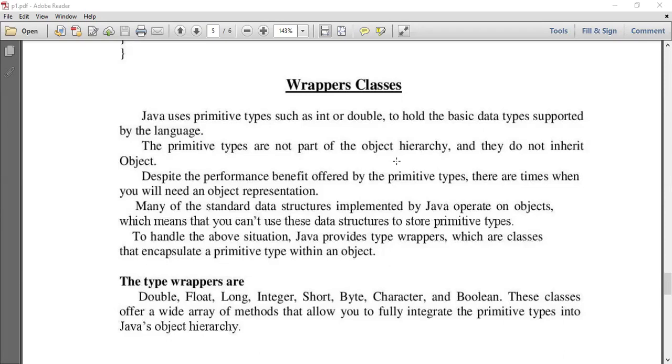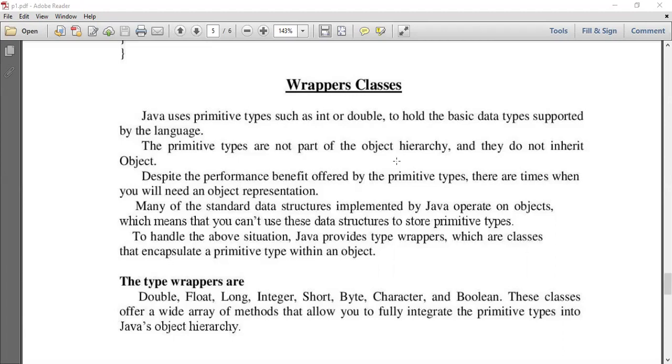If you want to store an integer, we can obviously define an object with a member variable integer, then we can store the value. So many of the standard data structures that are implemented and operated in Java will be on objects, which means these data structures do not store primitive data types.